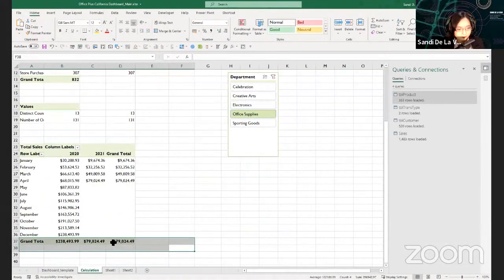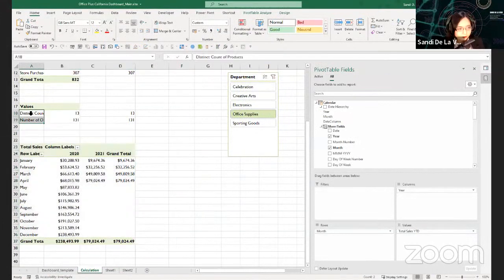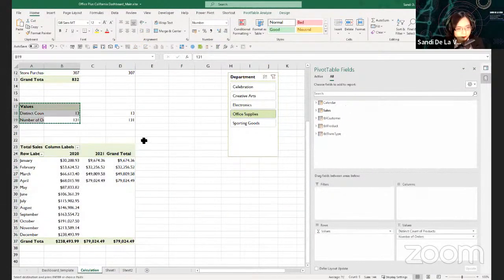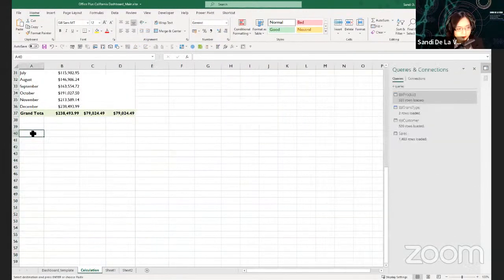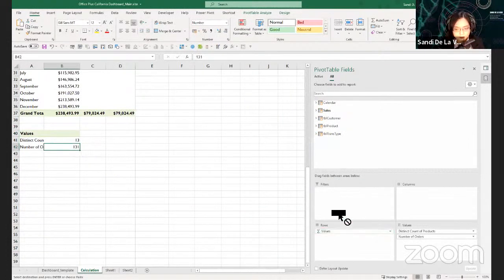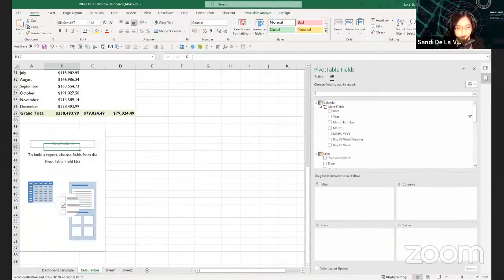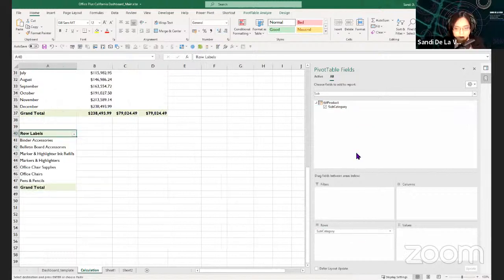So this time, copy from the previous pivot table since we need 2 slicers. We need the subcategory and total quantity.